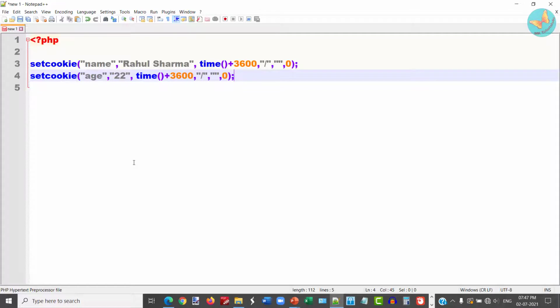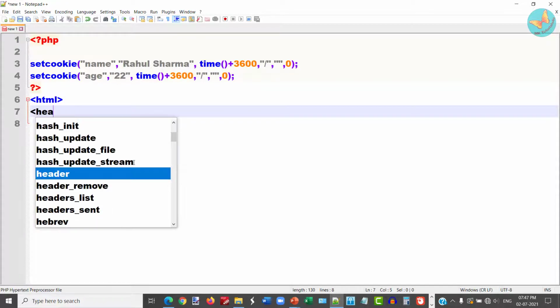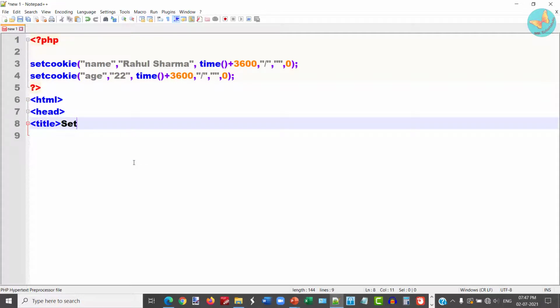I'll keep everything else default as it is. And then next I'm going to create one HTML page in which I'll display the message that the cookies have been set. So here I'll write setting cookies.